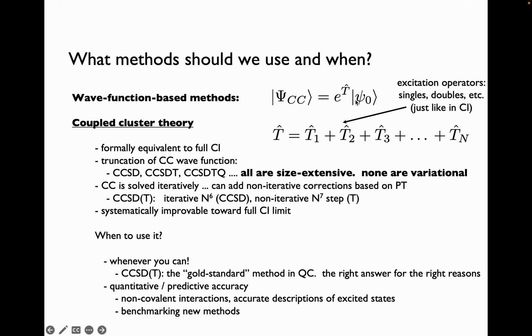When you think back to our discussion on unitary transformations, this is very similar in spirit. This is like an operator which applies a transformation to the reference wave function. The difference is that T hat is not an anti-Hermitian operator, so this is not a unitary operator, but